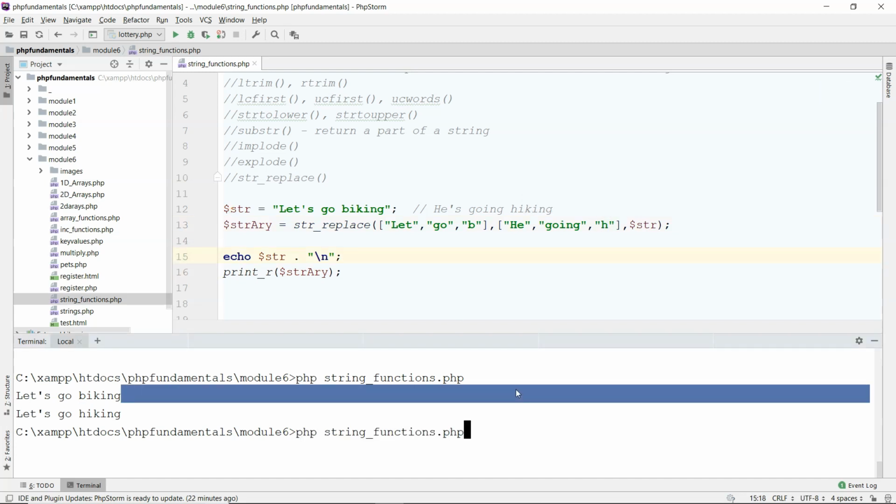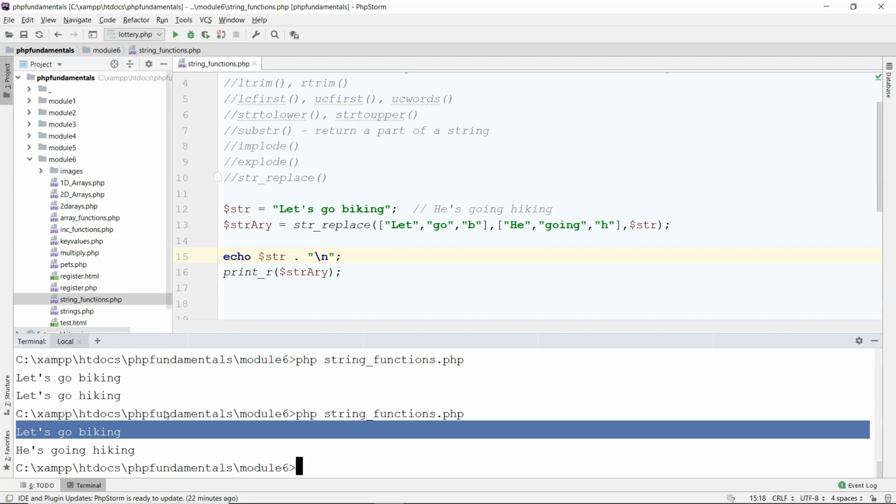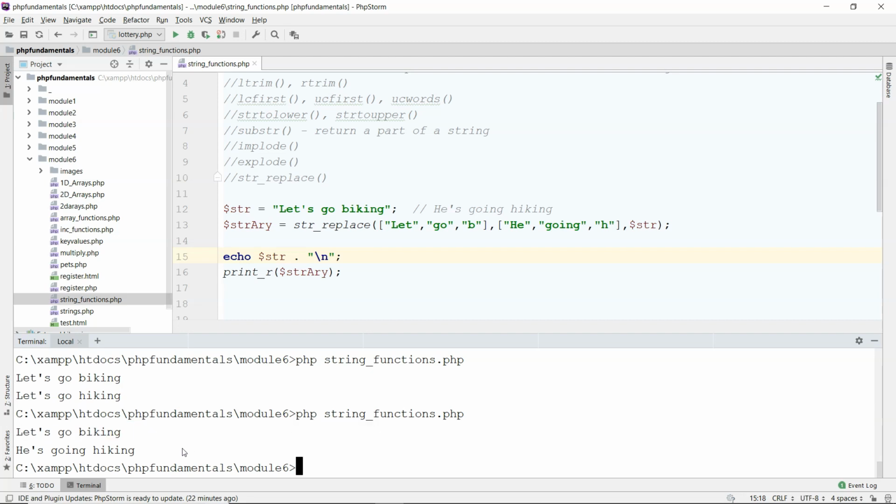Save that and run down here. So here we go. It says let's go hiking, and the original phrase has been changed to he's going hiking. Okay, so this is quite fun actually. If you look at this, I put it here as an array literal. You could use this as an array. Okay, so you can say something like